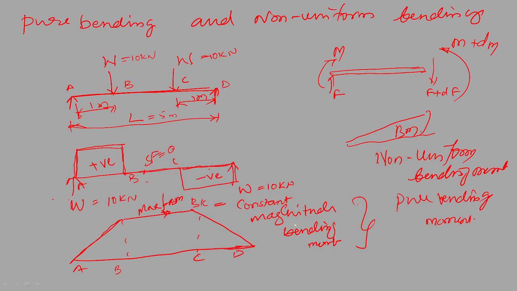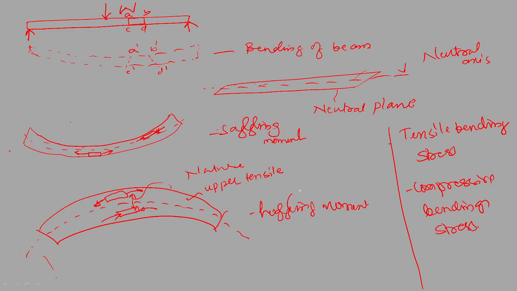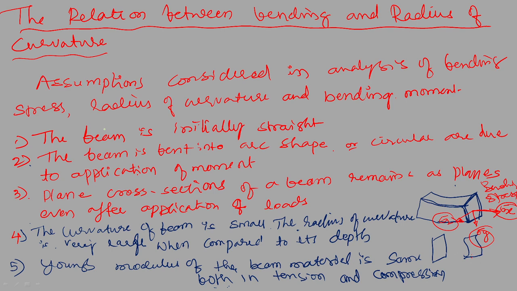What have I seen? So we've seen the meaning of pure bending and non-uniform bending. Okay, some sign conventions, sagging and hogging. So what is the effect of hogging for the upper layer and for the bottom layer? Now the upper layer is subjected to tensile and the lower layer is subjected to compressive stresses. Along with that, you go for the relation between the bending stress and the radius of